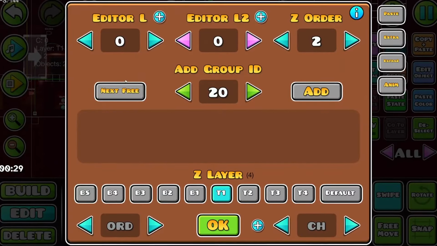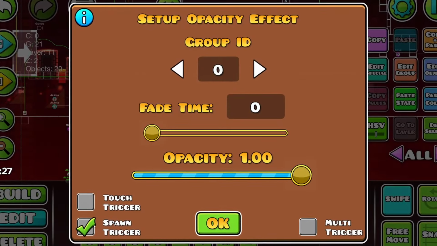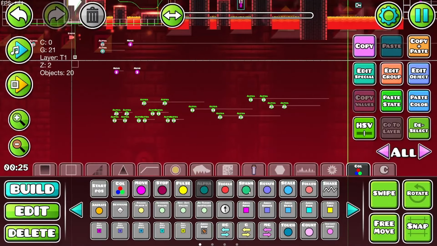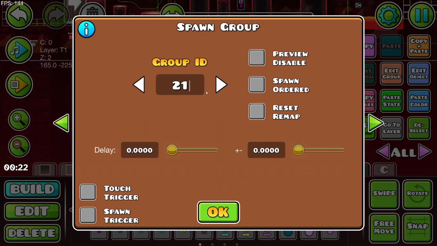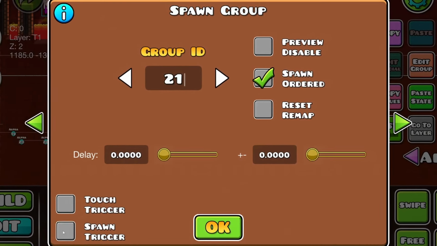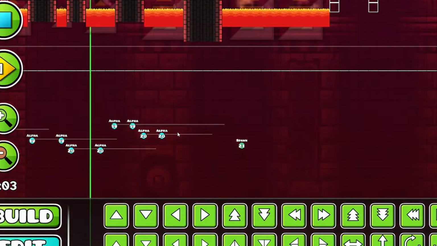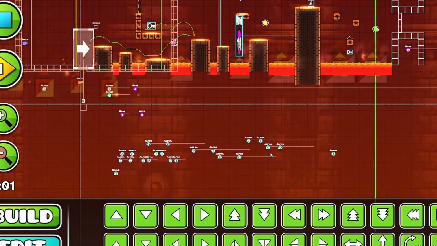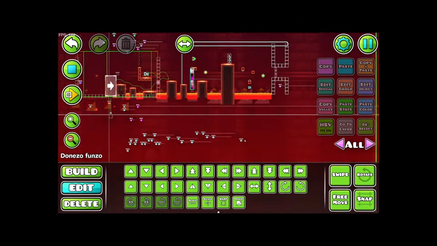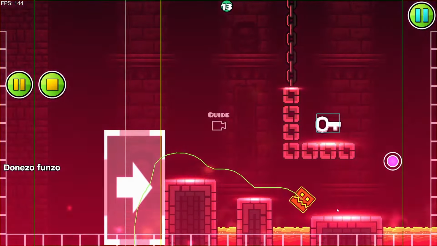And I just want to loop this whole thing, so I'm just going to give it the group 21, spawn and multi it, and because I'm short on time, I'm just going to do it as a spawn ordered group, like right here. So spawn ordered 21, so I'm going to do another 21. Make this one spawn ordered, but this is going to be the trigger that resets the loop. So this one's going to activate the start of the loop every time like this. There we go. It's not quite in sync anymore, but sure, it's fine. It works well enough. It is time